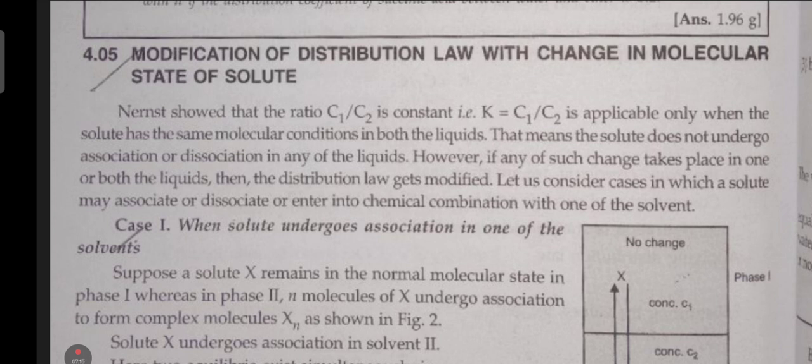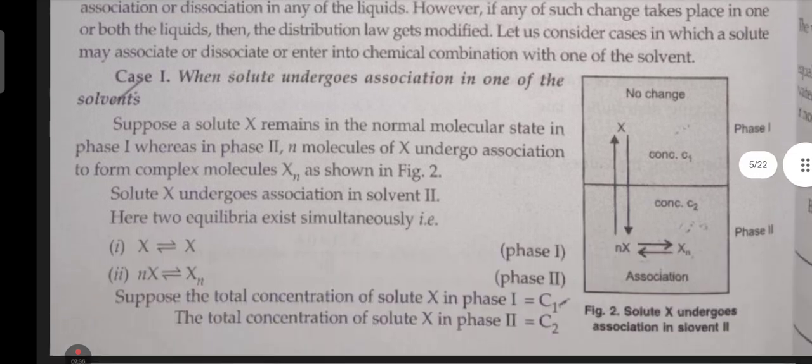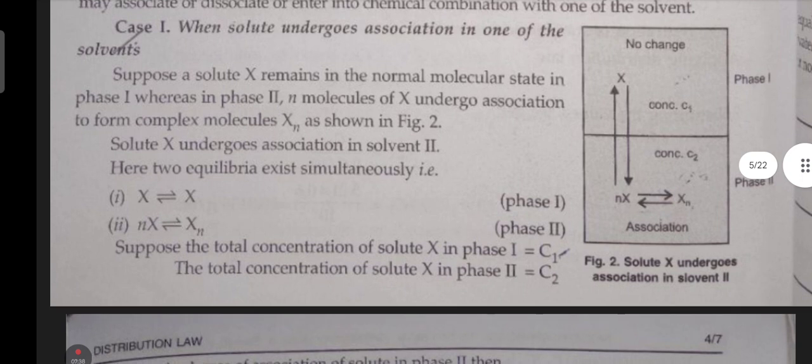That means the solute does not undergo association or dissociation in any of the liquids. However, if any such changes take place in one or both of the liquids, the distribution law gets modified. So let us consider cases in which a solute may associate or dissociate or enter into chemical combination with